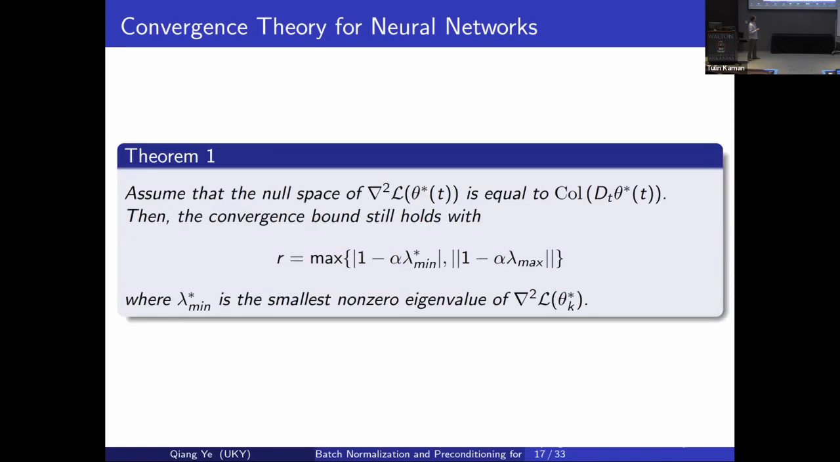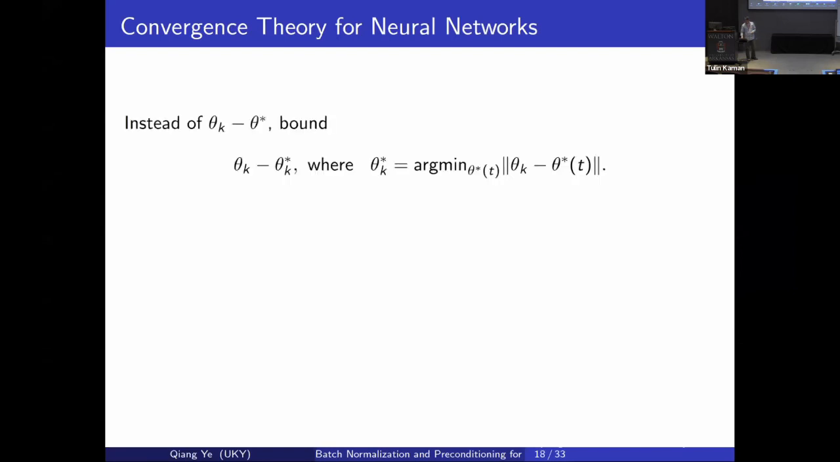scaling invariance is the only reason for the singular Hessians, that is, the null space of the Hessian is exactly the column space of that. Then the convergence bound still holds with the same R, but lambda min can now be replaced by lambda min star, the smallest non-zero eigenvalue of the Hessian. So basically you can wipe out, or project out, those 0 eigenvalues. Let me quickly show you the idea and then